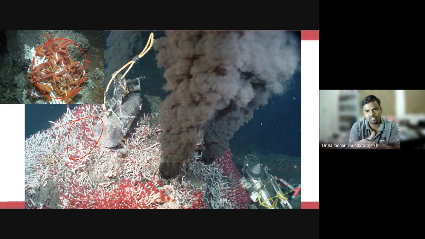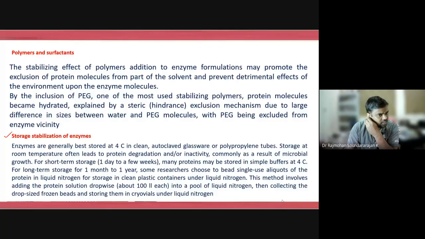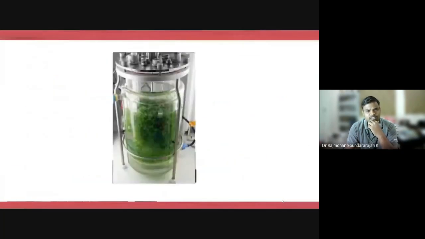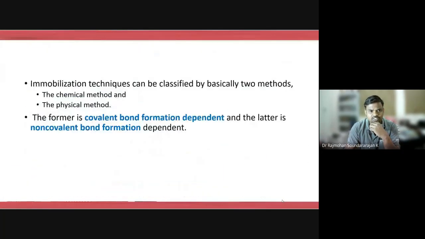If it is soluble in water, it is very difficult, or very costly, to recover the enzymes from the final product. Also there is the effect of pH and other parameters, the effect of the substrate, and even the effect of intermediates, which will affect the enzyme activity. To enhance enzyme activity, several techniques have been followed. Different techniques were discussed in the previous lecture, and immobilization is one of them, whose advantages and disadvantages were discussed.